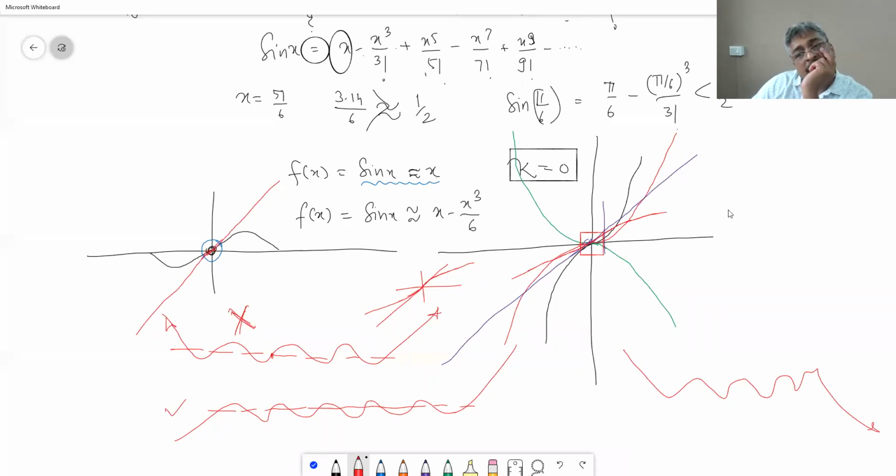You can sketch these curves in your GeoGebra and check whether near 0 it is approximating sin x or not. You can play with this. Because I was sketching it by hand, I made a mistake, maybe. But what I'm trying to tell you is that the graph of a polynomial function like this and the graph of sin x will be closer to each other. There will be hardly any difference between the two values near zero, near base point 0.